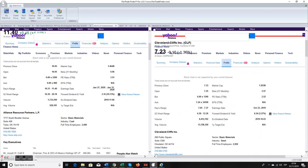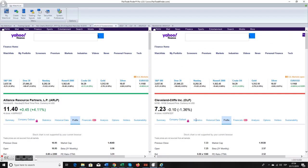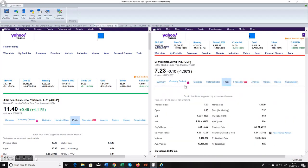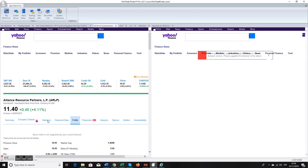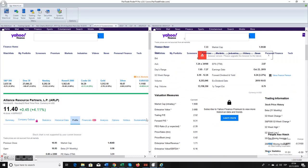If we look quickly at the financials and other financial statistics on both these companies, at their valuation ratios, you're going to see that they're valued in a very similar fashion by the market. One produces metallurgic coal that goes into the steel industry, another produces iron ore. So you can imagine why we would pair the two. Those are very similar. We've got an EV here of 3.7, a forward PE of 8, and EV to EBITDA of about 6. On Alliance, we have,